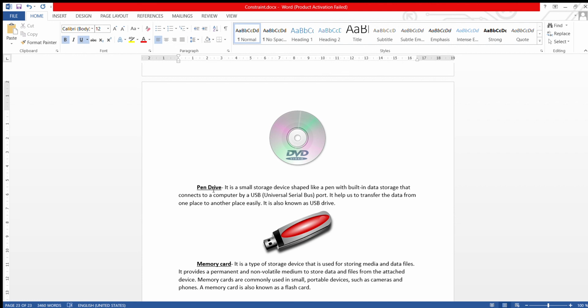Nowadays we can use a pen drive with mobile phones also, that is OTG. In a mobile phone also you can connect your OTG drive and you can transfer the data. But that OTG and pen drive may be in a single device, means one device can contain OTG also and pen drive also. One side contains the USB drive, another side contains the OTG one, so that you can easily connect with your mobile phones also.